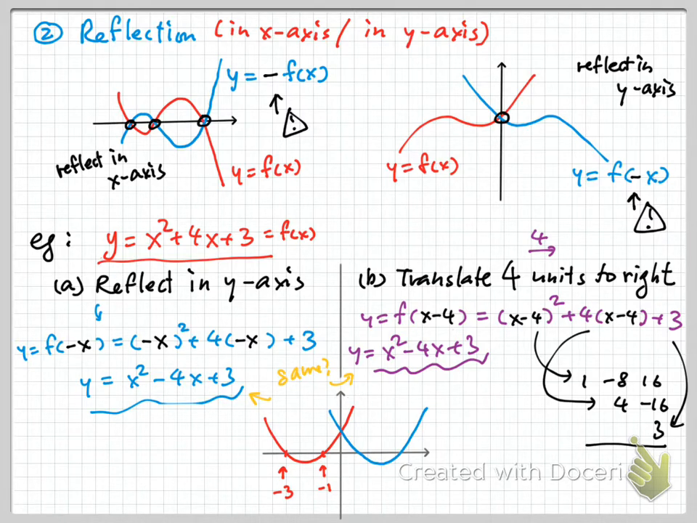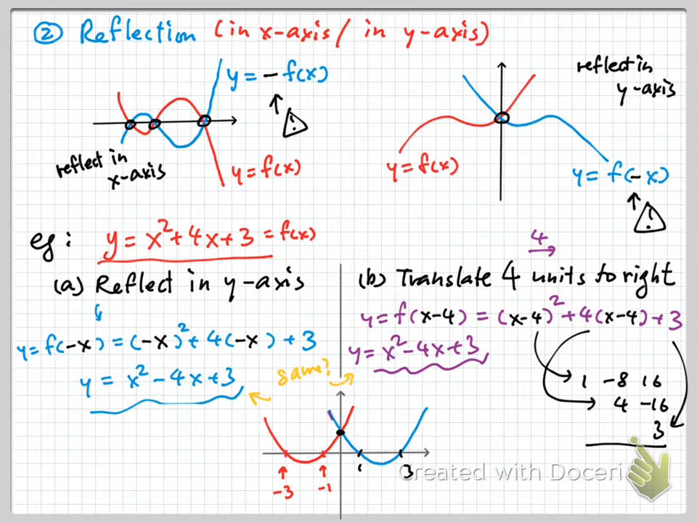So the two roots, -1 and -3, become 1 and 3. When you do a left-right flip, the y-intercept does not change. So what was -1 becomes 1, and what was -3 becomes 3. However, if you take the same red graph and move it to the